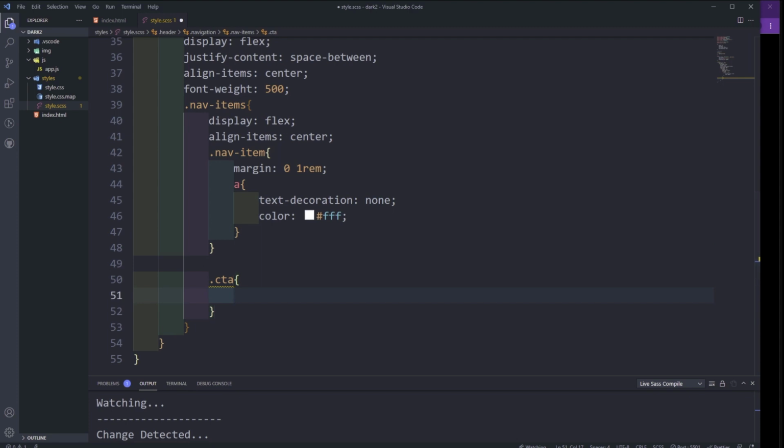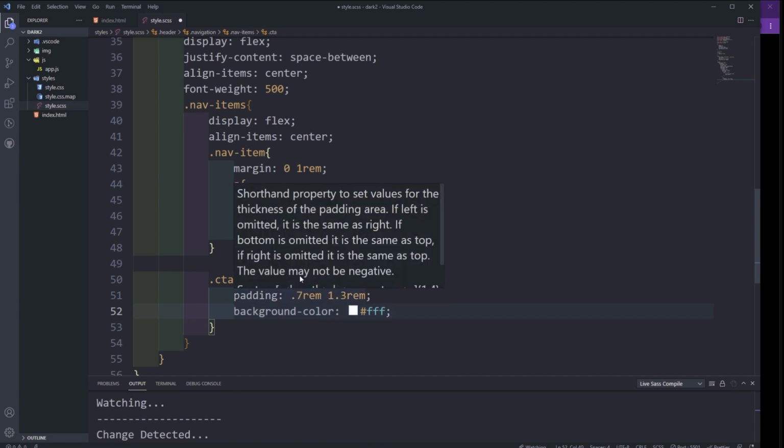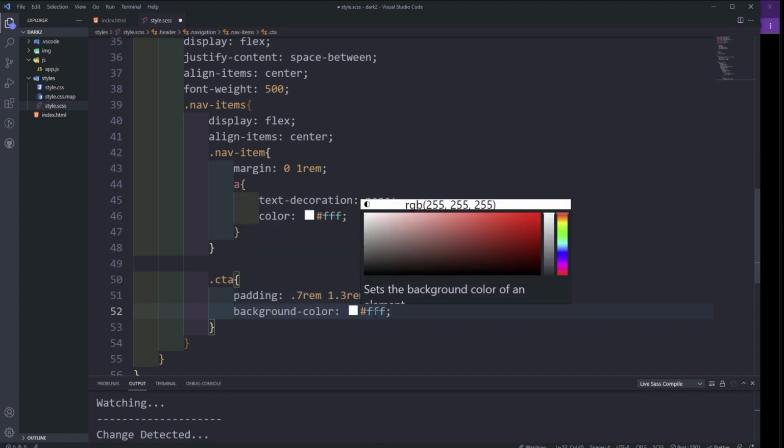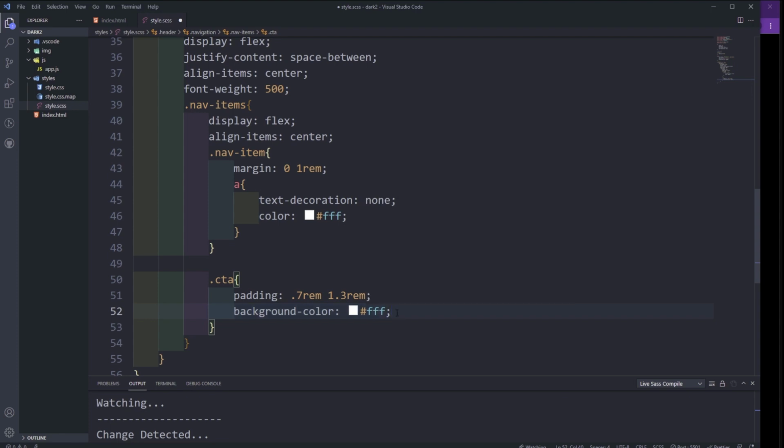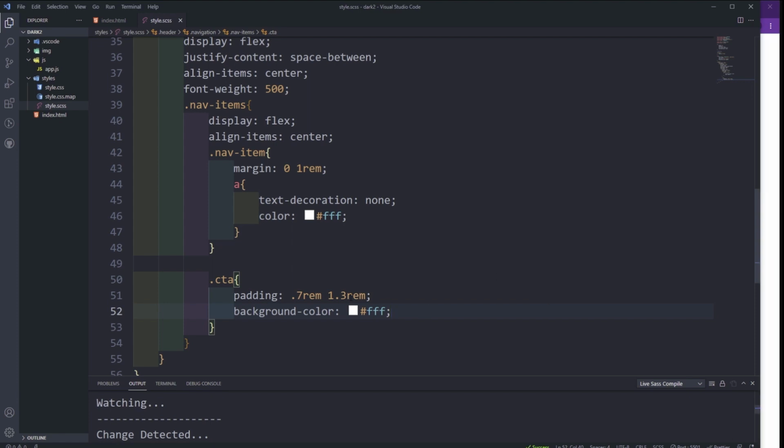I'm going to give it a padding and a background color of white. So padding top and bottom. I'm only doing this because I want to make this video as short as possible. This video is mainly about the animations with JavaScript, so I don't want to spend a lot of time doing the CSS and the HTML. It's going to take a lot of time to do all those styles, so I'm going to copy and paste some